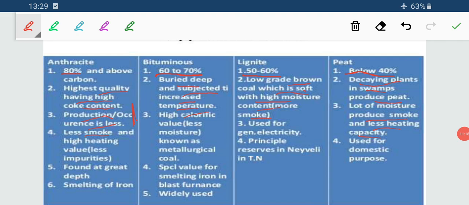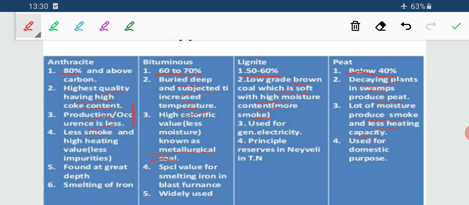Now next I am proceeding with it. As I said, it's found at a greater depth. It is comparatively present. Now one more thing, bituminous is termed as metallurgical coal. Metallurgical coal means all the industries where metallurgy is involved, where it is being used, it is considered as a metallurgical coal. So when we know that 80% of the carbon content is there, which is having a high calorific value, for the anthracite, then why is anthracite not a metallurgical coal? Why is bituminous a metallurgical coal?